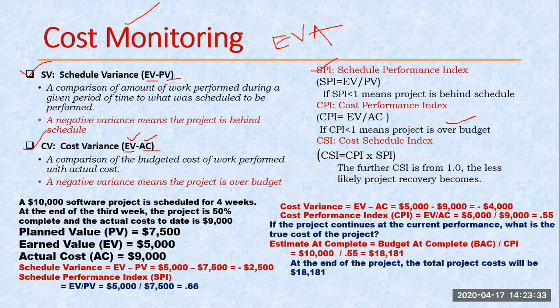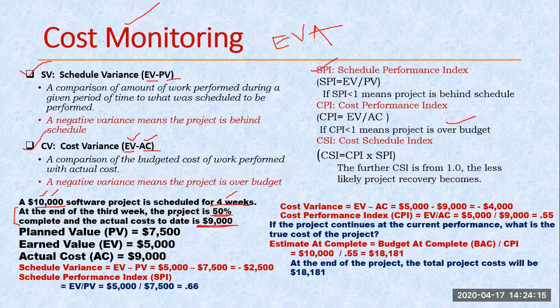Now we are discussing all this with the help of one example. So here we are taking an example of a project. My planned cost is this much, 10,000, and this is the duration for my project, 4 weeks. So this is the important thing. One is my planned cost, and another one is my duration. Now take this scenario: today 3 weeks have already passed, and we have completed only 50% of the task, and we have spent 9,000 on this.